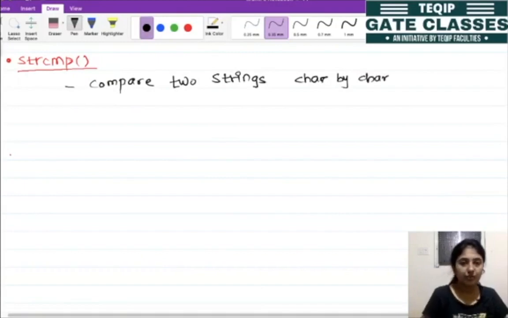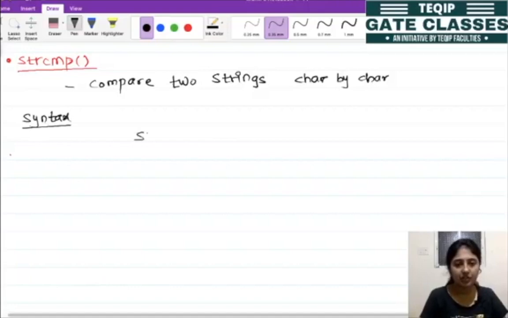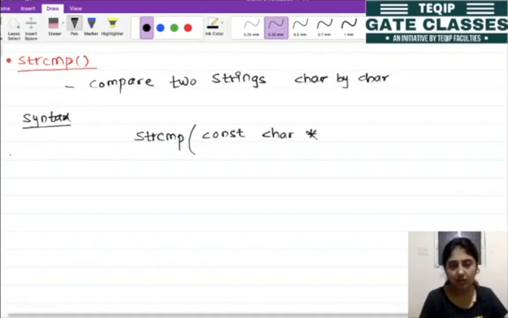Okay, so let's see the syntax. The syntax for the string compare function, strcmp, needs two parameters. The first parameter is a const char pointer, let's say source, comma, another const char pointer, destination.